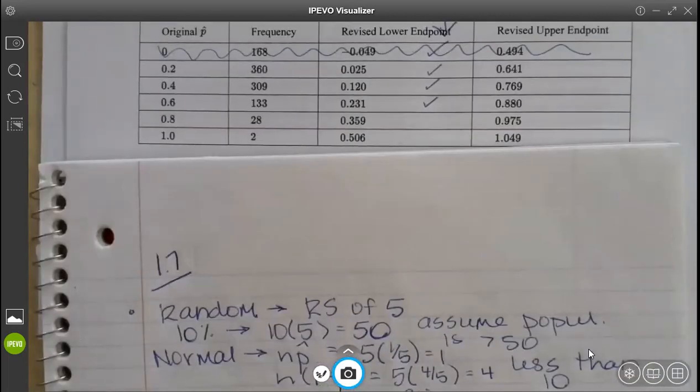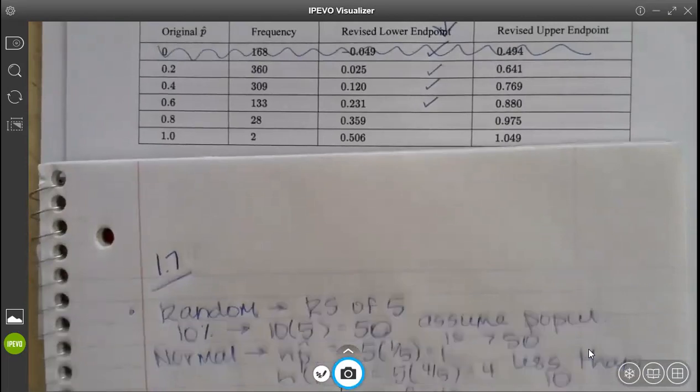The lower boundary must be less than 0.3 and the upper boundary must be greater than 0.3. This occurs for values of 0.2, 0.4, and 0.6. Because those p-values occurred